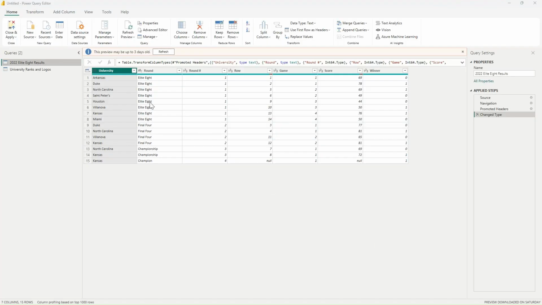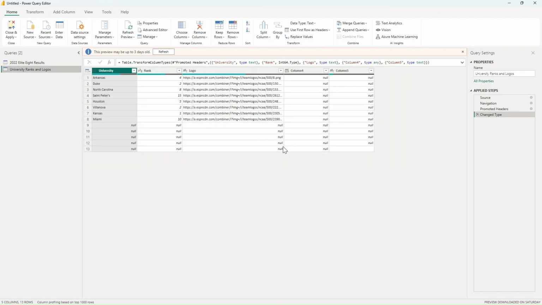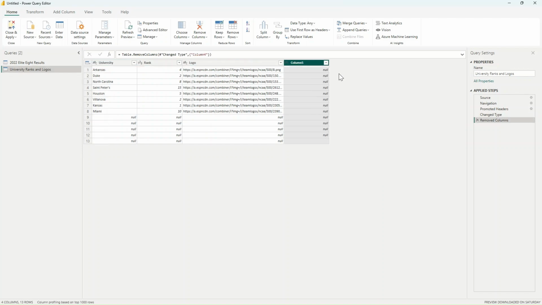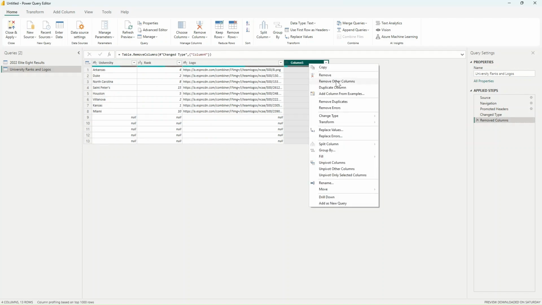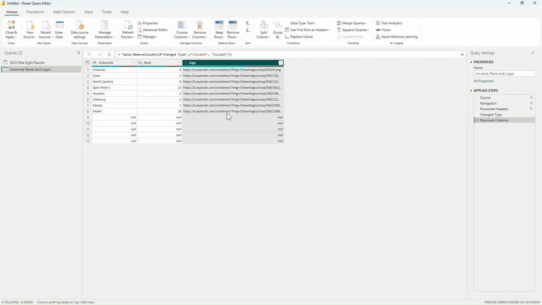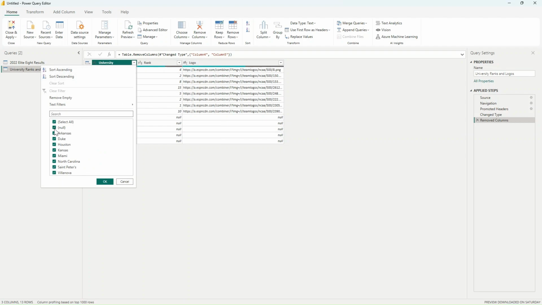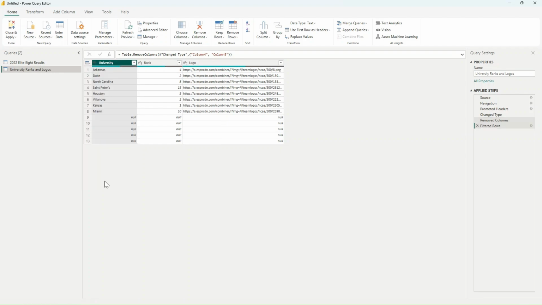In Power Query Editor, this table looks alright, but for this table, we need to apply transformations like we can remove these two columns. So I'm going to right click and select Remove Columns. Then we don't need these null data. So we can select any of these columns and untick the null checkbox and click on OK so that these null columns are removed. Next, we need to merge these two and I'm going to merge them as new queries.